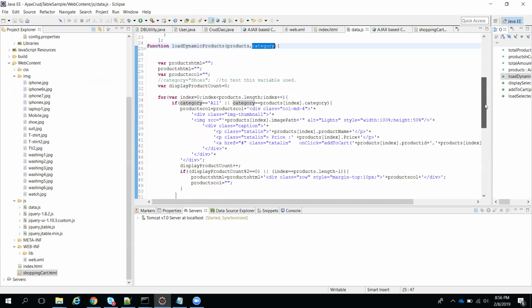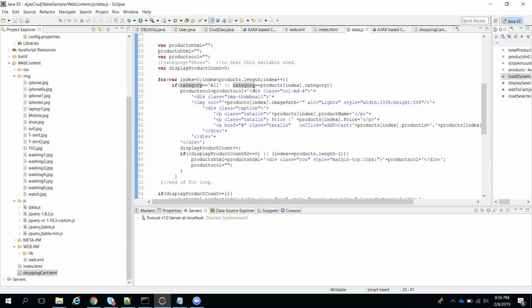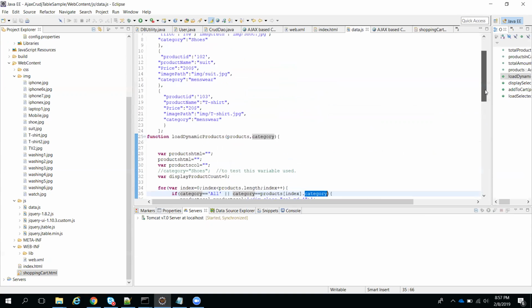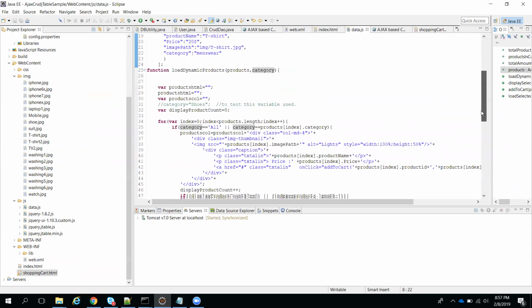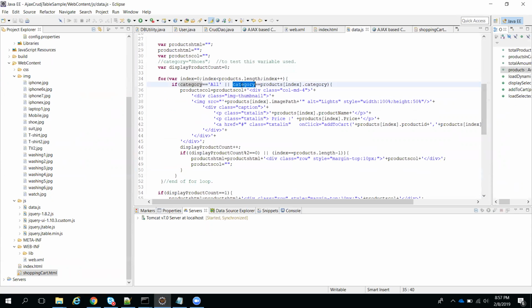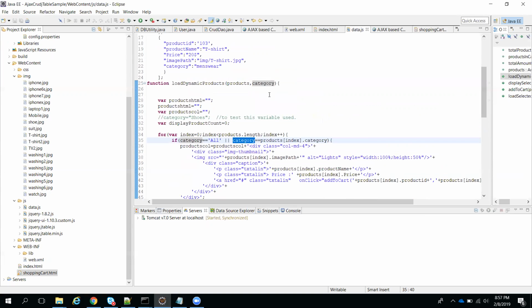If you watch my code, there is a loop for all the products. I'm checking for category all, meaning if it is category all, I need to construct the HTML without any conditions. For example, whatever category you pass to this function, for example all, that time it is okay. Suppose you pass a category called menswear, it has to be matched with our data category. Here, for example, at index 1, the first time it comes, the category is shoes. Suppose you selected menswear from the drop down, so that menswear category will come here, meaning through the function we are passing it, it is going here.